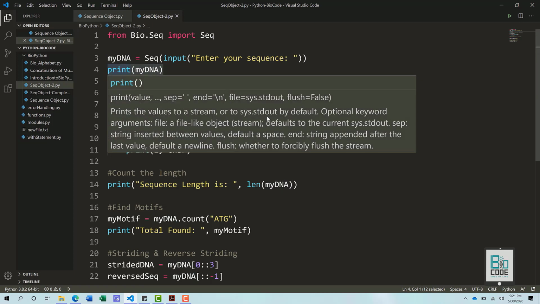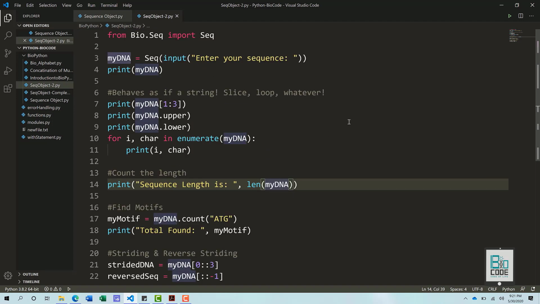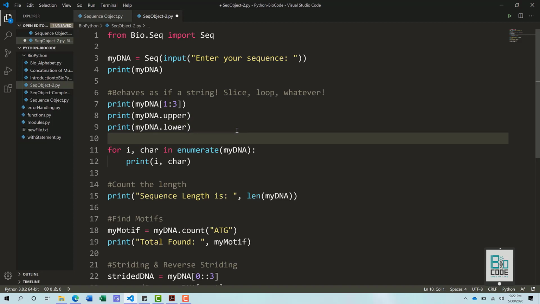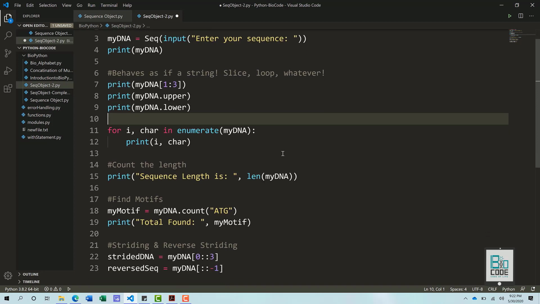So in this video, what we are going to show you is that the sequence object also behaves just like a string would in Python. For example, you could do string manipulation, convert the sequence into upper or lower case, loop over the string and enumerate it, and get the length of the string.